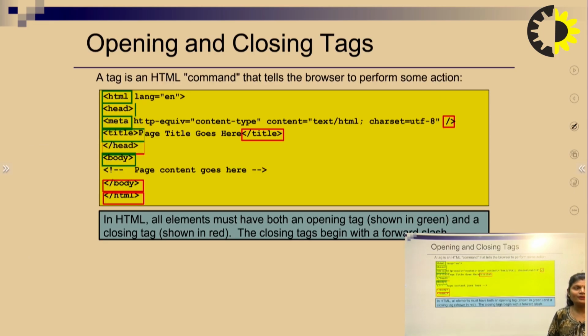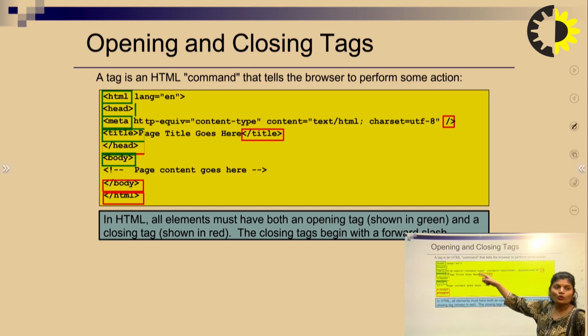Now, the two types of tags are the opening and closing tag. A tag in HTML is a command that tells the browser to perform some action. So in HTML, all elements must have both an opening tag, shown in green, and a closing tag, shown in red. The closing tag begins with a forward slash. Okay. So in this green color, these are the opening tags like HTML, head, meta, title, and the closing tag is in the red color.